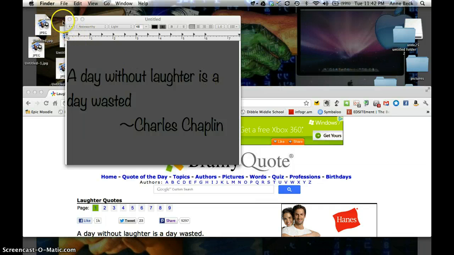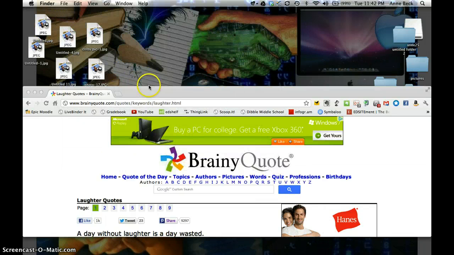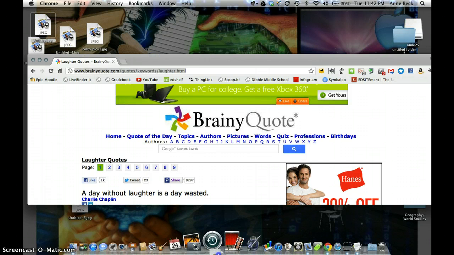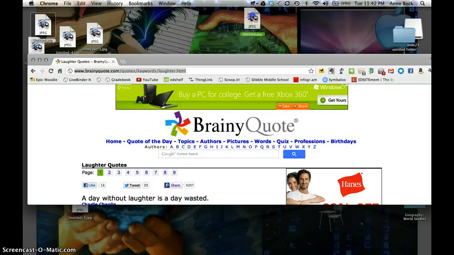And so now it's on my desktop. Now you could drag it down here to your iPhotos, and if you have PhotoStream going, then it will automatically be on any other device that you use. But my experience with iPhoto and an older Mac is once iPhoto is running, it will make other programs on your computer run slower. So it's just easier to do it the old-fashioned way, and I just email it to